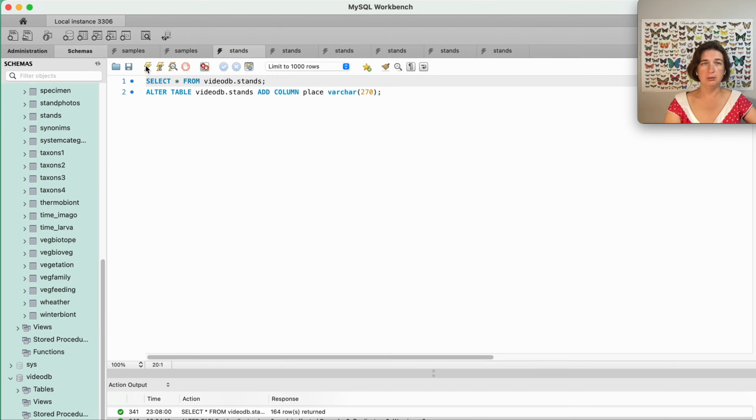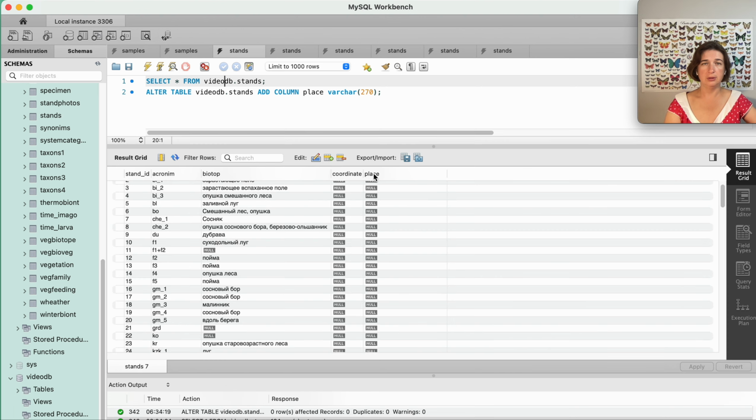And now let's fill the field place in the stands table. First of all, it turned out that the same acronym means different places.